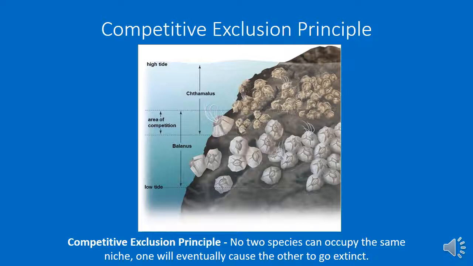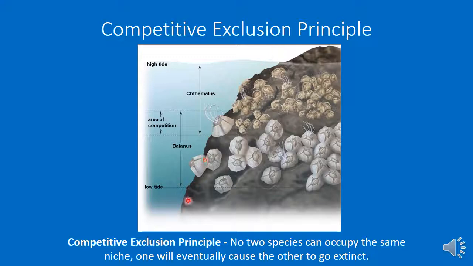One will eventually cause the other one to go extinct, right? And so part of niche is the habitat, right? It's the location the species is, but it's also what it's doing and how it does it. So if we look at these barnacles, we're on the Atlantic Ocean here, and we're on a big rock, and